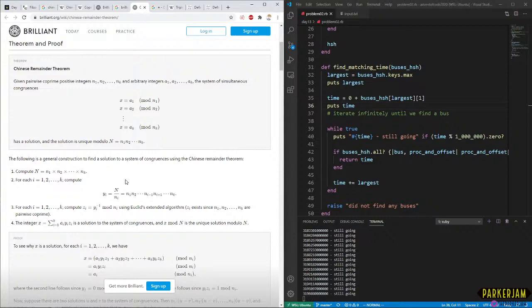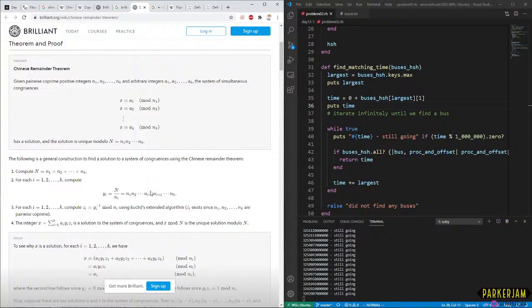So it's a product. If we pick out any n, any bus ID in our sequence of bus IDs, if we take big N divided by that bus ID, it's the same as multiplying all of our things up until... okay. So this is very obvious.